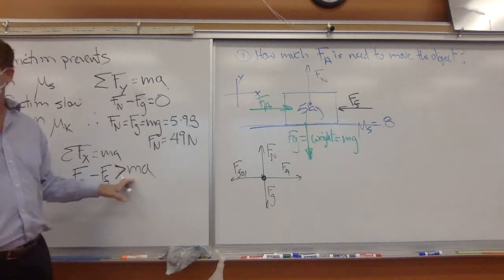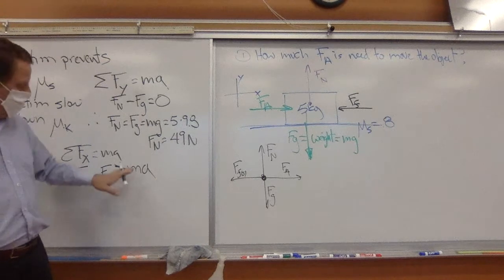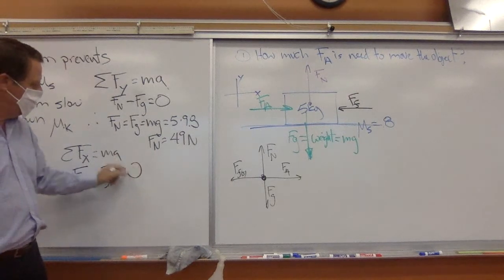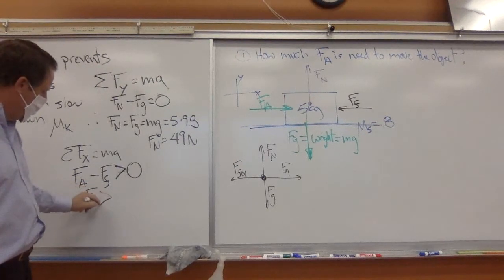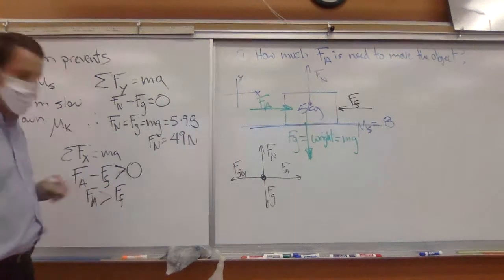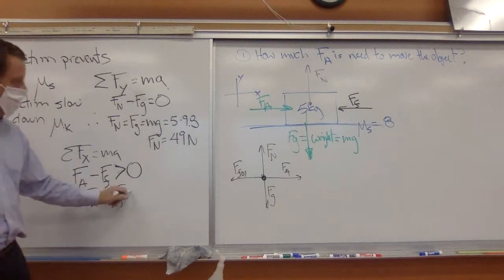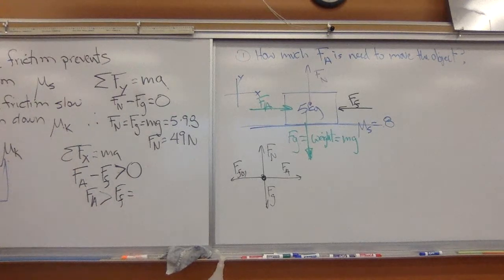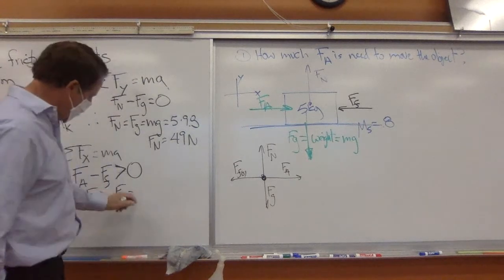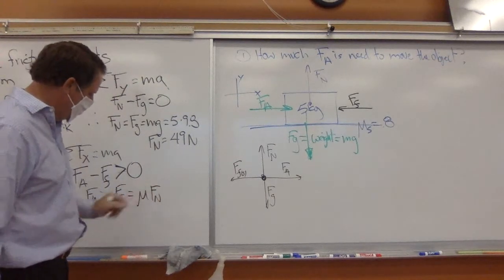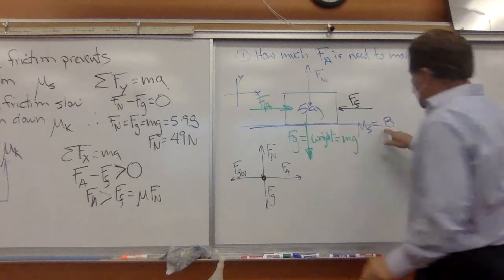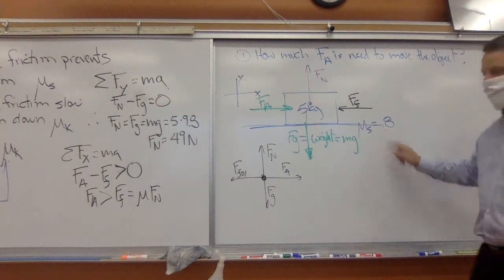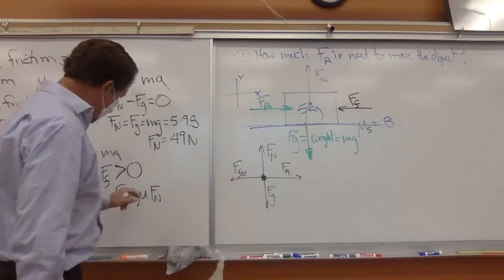So this just has to be greater than 0, right? So it just has to be greater than 0, and therefore we can say that the applied force has to be greater than the force of friction, and we know that the force of friction is equal to mu times the normal force. And we know that our coefficient of friction is 0.8. So we can say